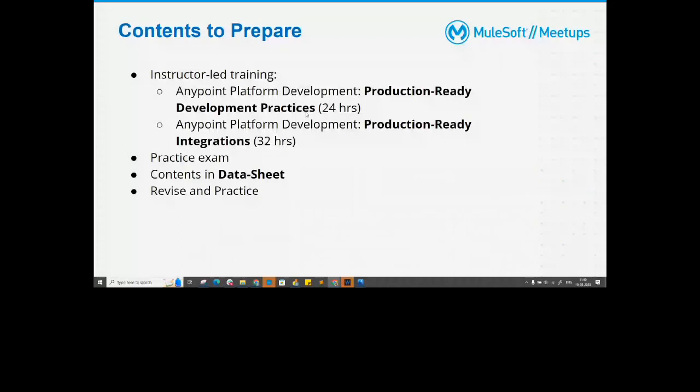That is, if you are taking the training under MuleSoft, it will be 3 days, 8 hours per day. The second training is Anypoint Platform Development: Production Ready Integration, which runs for 32 hours. In the sense, if you are taking this instructor-led training under MuleSoft, they will cover the entire content in 4 days, 8 hours per day.